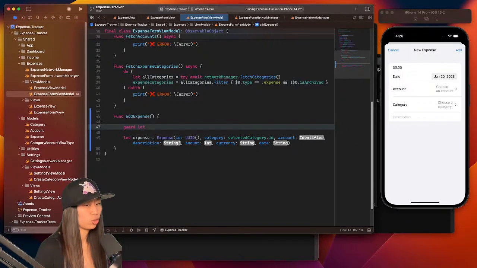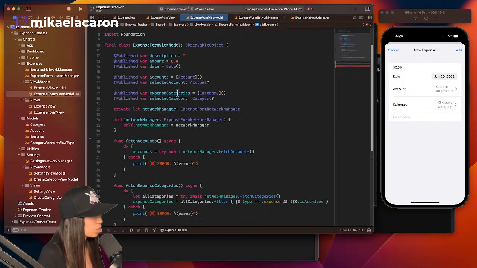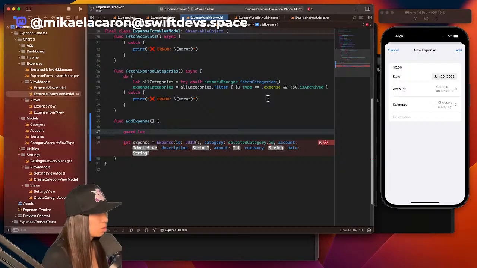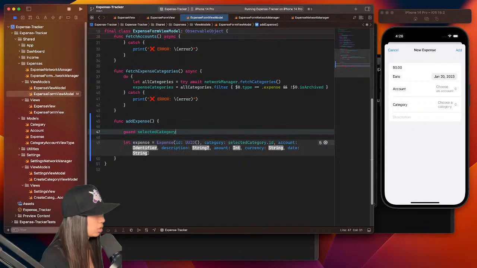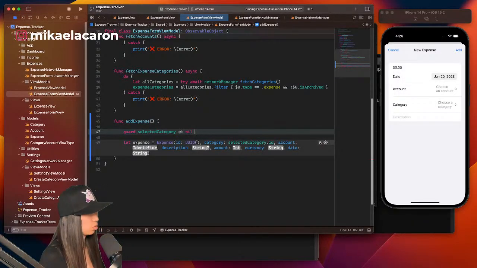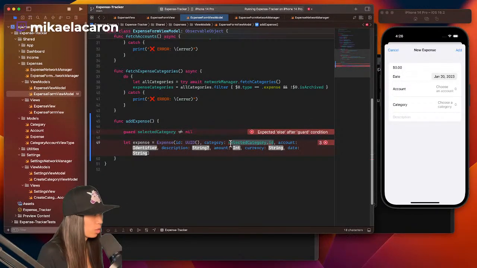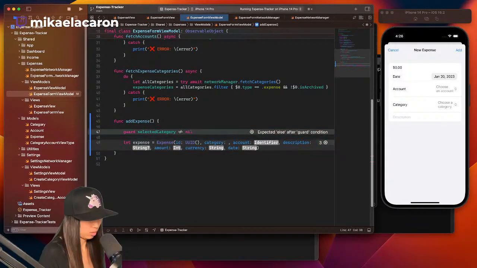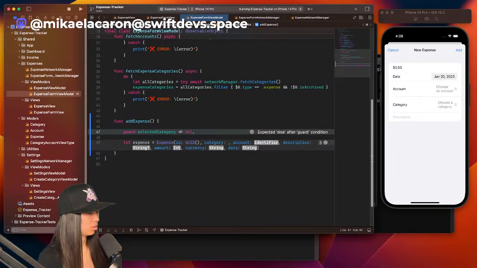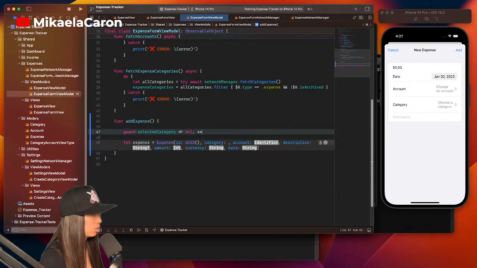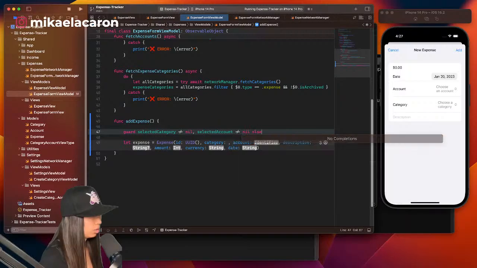Okay, so we also want to check to make sure everything is not nil. Selected category could be nil, or a selected account, and we don't want this to be nil. So we want to guard selected account and selected category. Is it and, or is it comma? I always forget which one is which. I think it's comma. Guard let selected category is not equal to nil, and selected account is not equal to nil, else